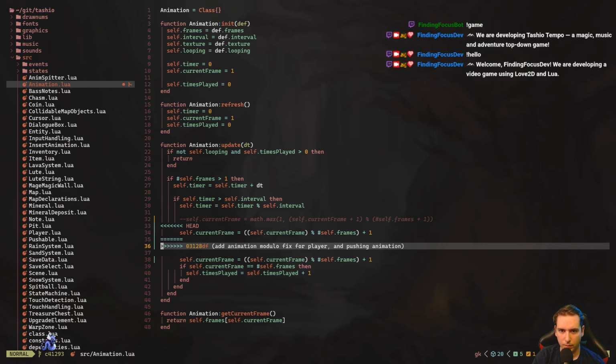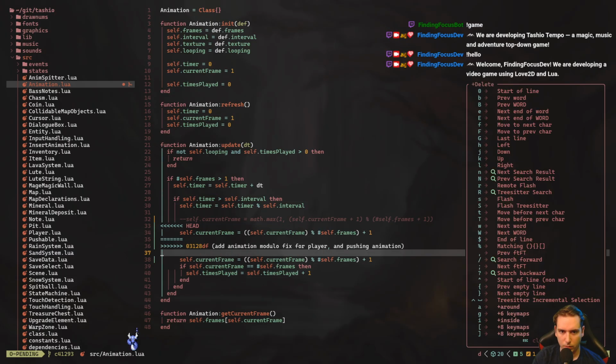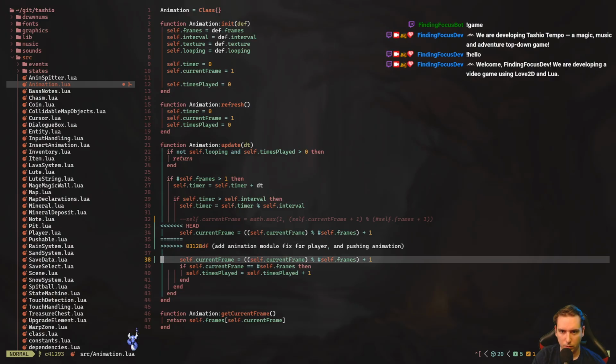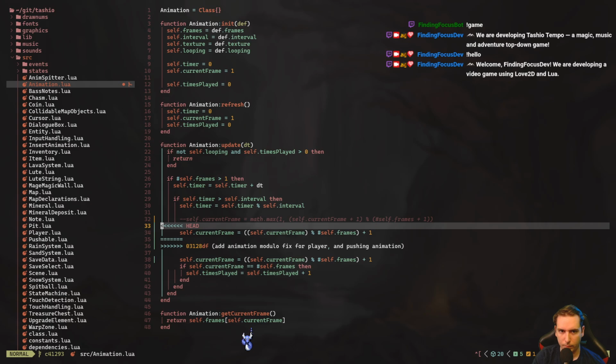This is it. It's the same code. What's wrong? It's the same code. What am I missing?